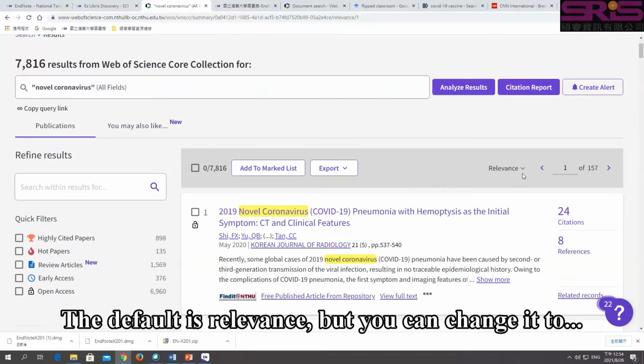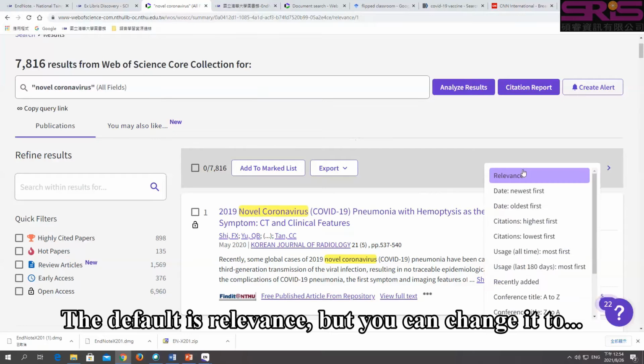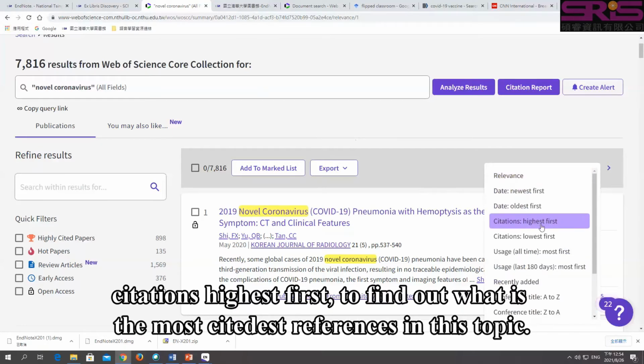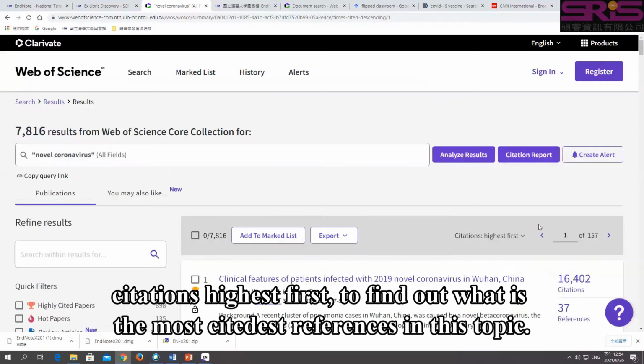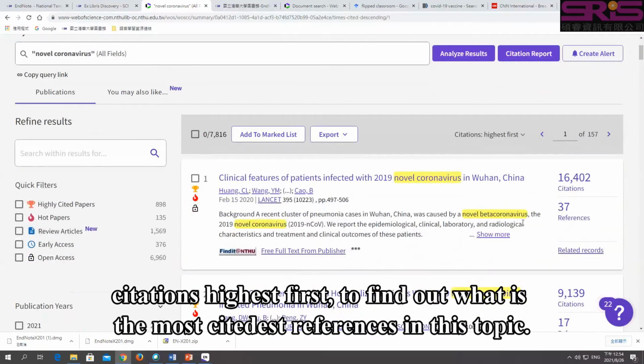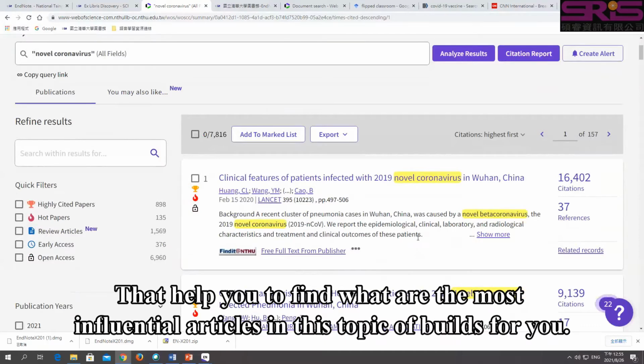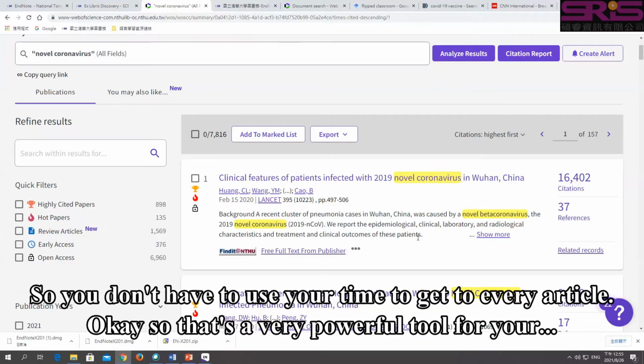The default is relevance, but you can change it to citations, highest first, to find out what are the most cited references on this topic. Okay, so that helps you find the most influential articles in this topic or field. So you don't have to spend your time going through every article. Okay, so that's a very powerful tool for your